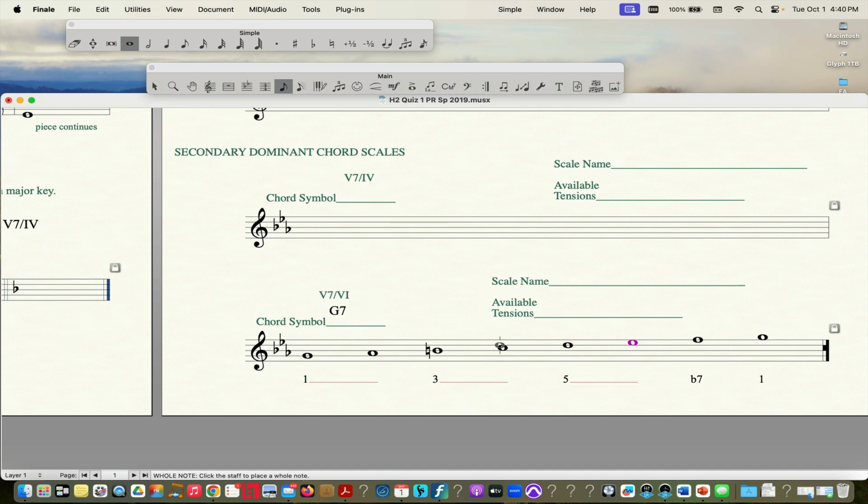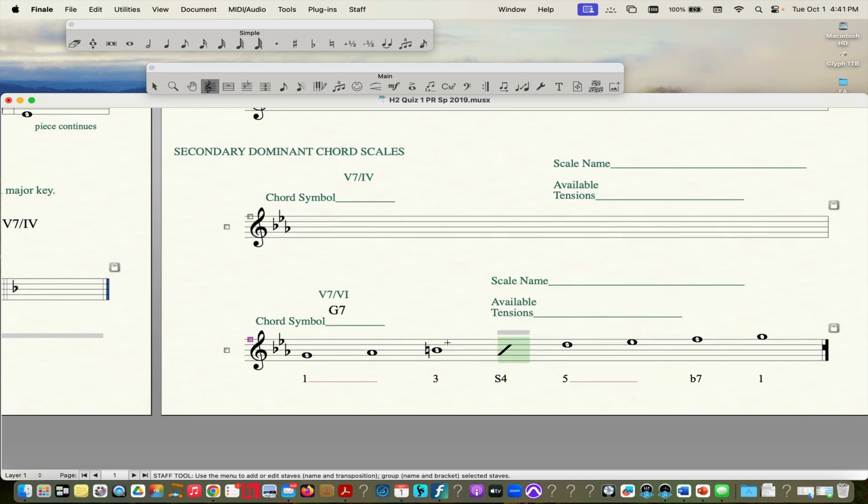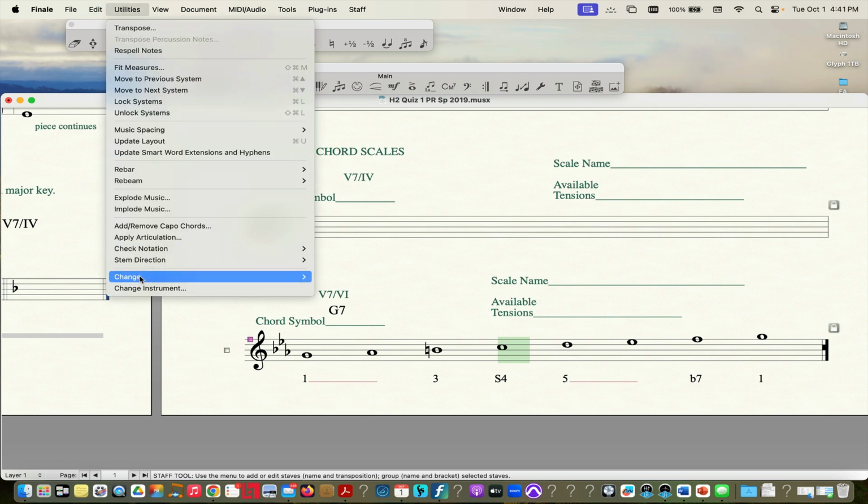Now, you're always going to have S4. That's never going to change in any secondary dominant chord scale. You're always going to have S4 right here, harmonic avoid note S4. So that one you shouldn't really have to think about. And if you're handwriting, you can make that a solid note head. I can't turn that solid right now, but just pretend that's solid because that should be a solid